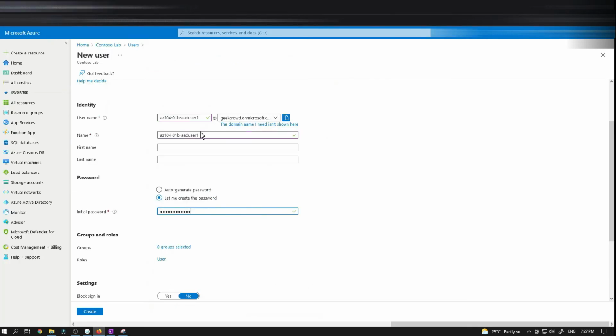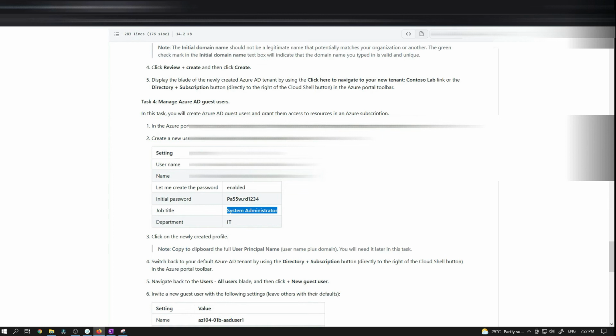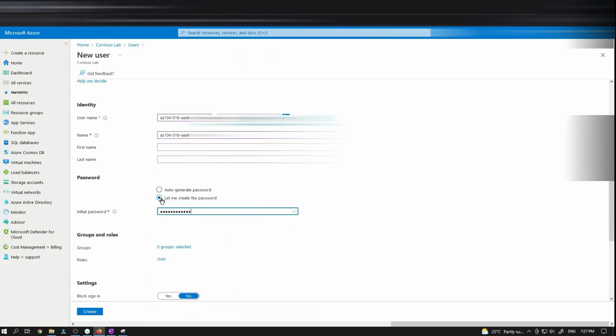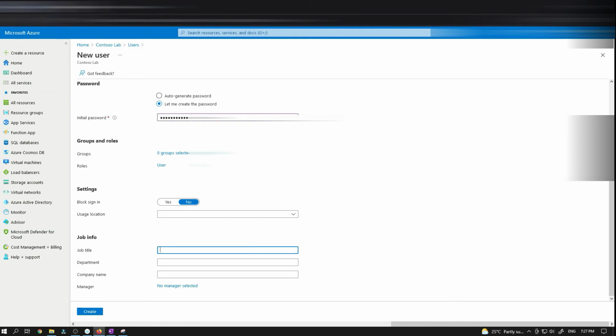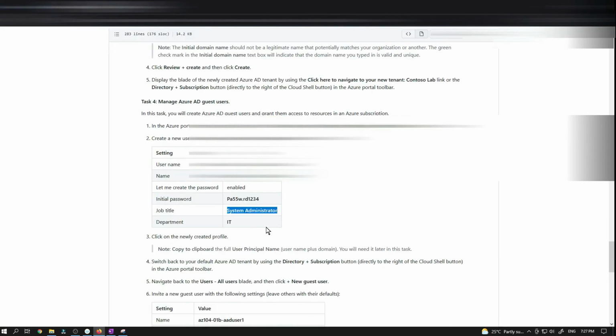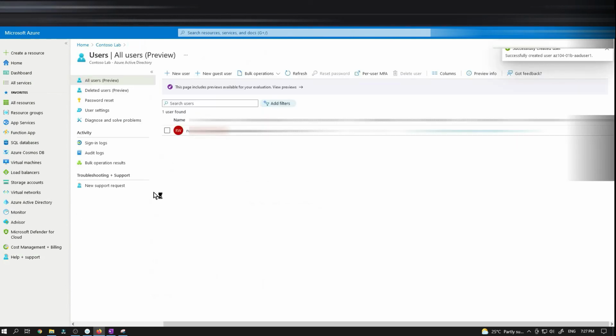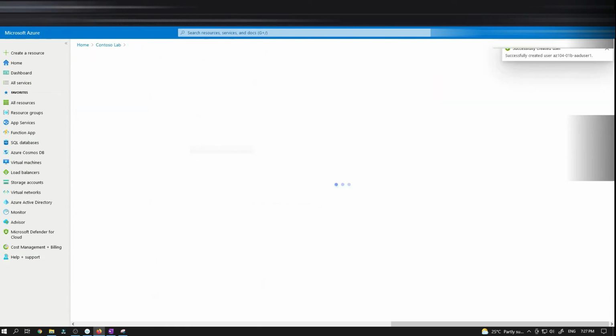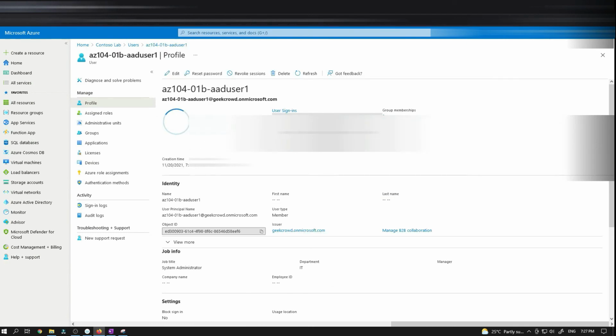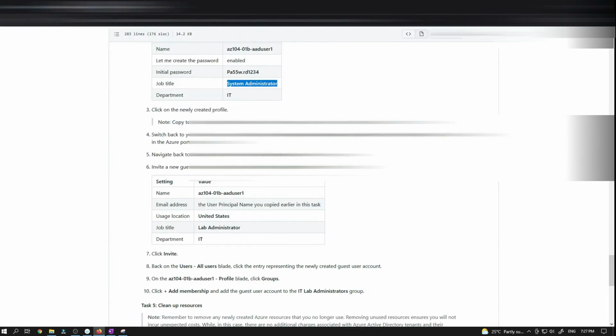Alright, so nothing else is required. Hopefully, I think I did not put the job title, which should be, if you scroll down in here, and department is IT, just making sure. Yeah, and then see how the lab wants us to open this user up, and then add the, see how it says here, so you have to add the UPN, copy the UPN, and